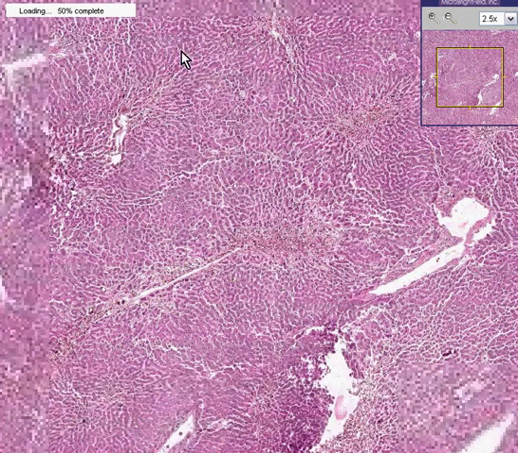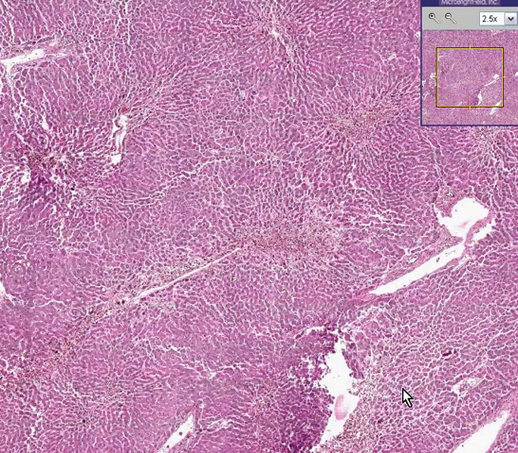in which we can see that the overall architecture is preserved. You'll see portal areas here, possibly here, probably here, certainly here. But notice that the central vein areas, the central portions of the lobule, do not look very viable